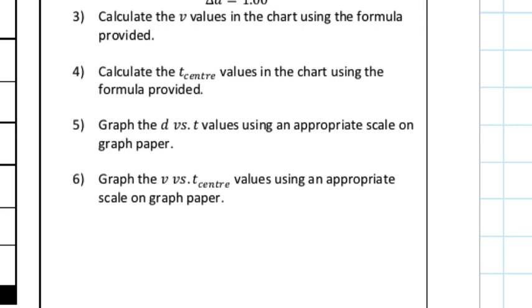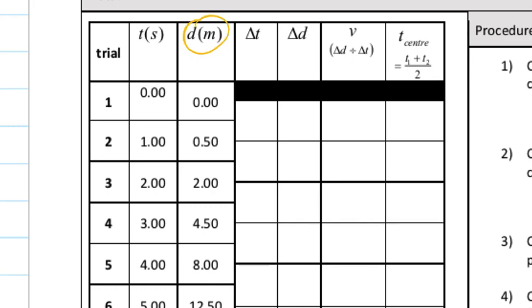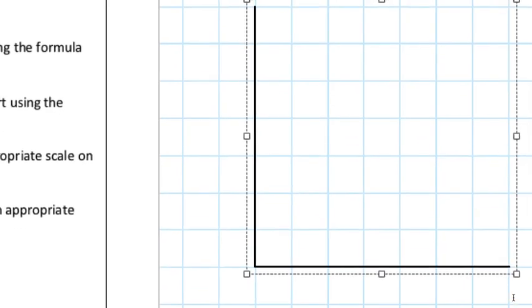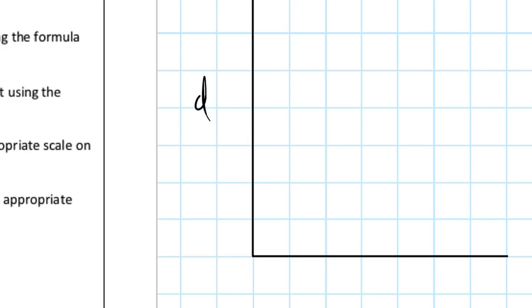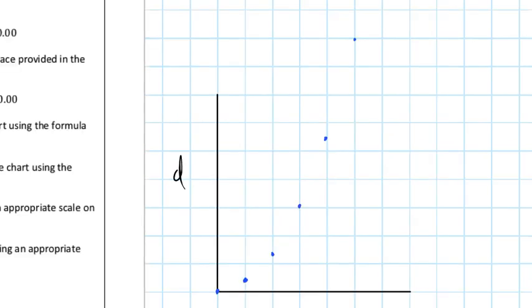Next, when we have to graph the D versus T, how you draw the curve afterwards is mission critical. The values we'll be graphing, this will be your Y, this will be your X. Now, just making a very rudimentary sketch. Normally, you're used to getting straight lines, but in this, you're going to probably see something more like this. If you notice, it isn't making a straight line. It's actually making a curved line. And here, I'm going to exaggerate that last one. If it looks like the points are curving,